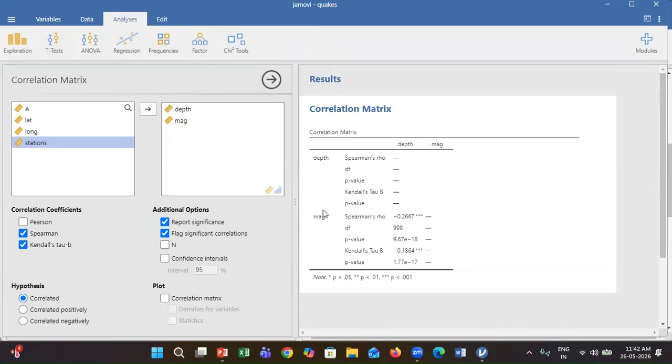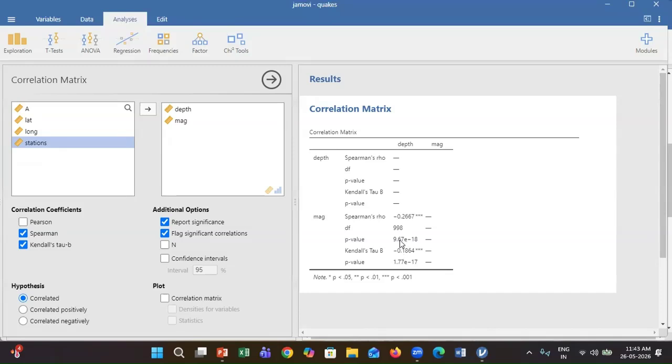This correlation matrix shows a statistically significant negative relationship between depth and magnitude. Spearman's rho correlation is -0.2667, which indicates a weak to moderate negative monotonic correlation. As depth increases, magnitude tends to decrease slightly.